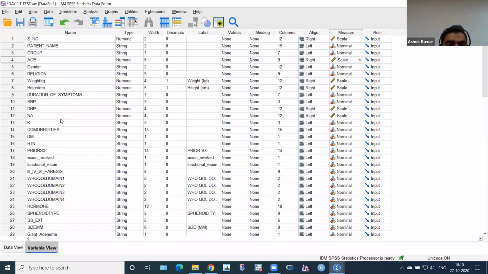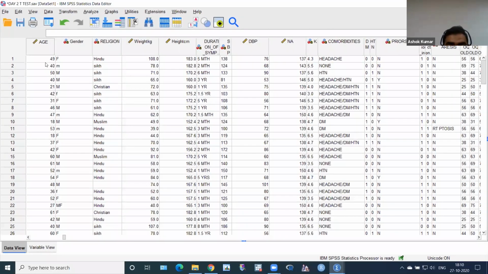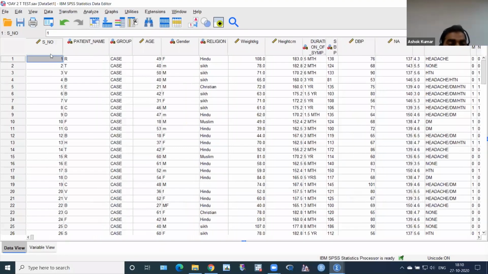Then if I double click this age, automatically I can go to data view. Otherwise, I can click this button, data view, and go over there. So I want to have a shortcut method. Double click in front of age. Yes, automatically age came. So it's like a beauty of SPSS also. You can see. And where is my serial number? Okay, I have to have serial number. Now I want to check the normality of age.